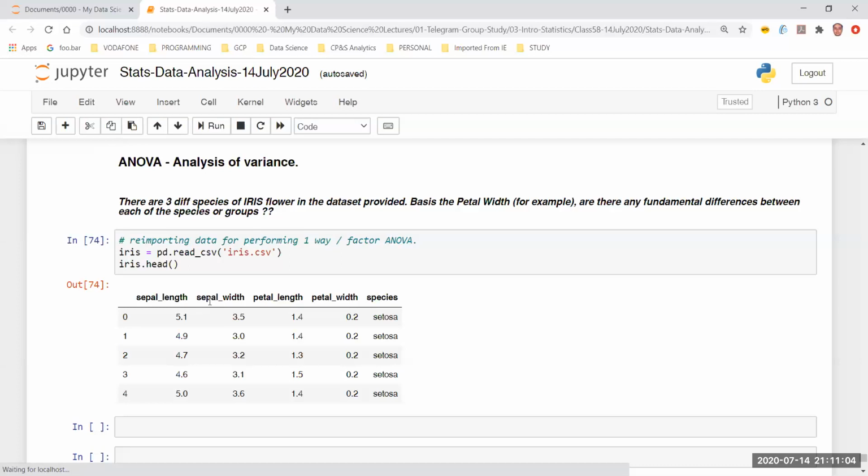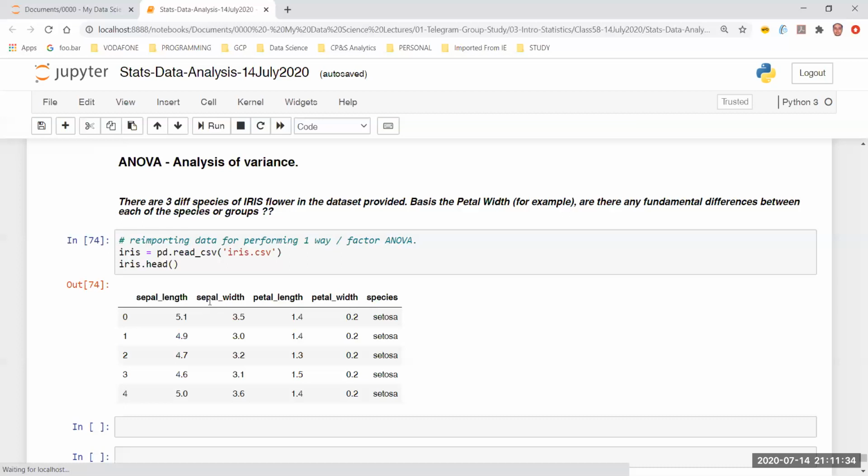Yes, but we won't be doing any classification here. Maybe we won't be doing that exercise right now. We will only be finding out the patterns basis our null hypothesis. It comes only to the patterns in ANOVA, because we are only concentrating on the hypothesis testing here. We are not asking the kind of question where, basis the petal width, we try to classify the flower into 1 out of 3 species. That is not the question.